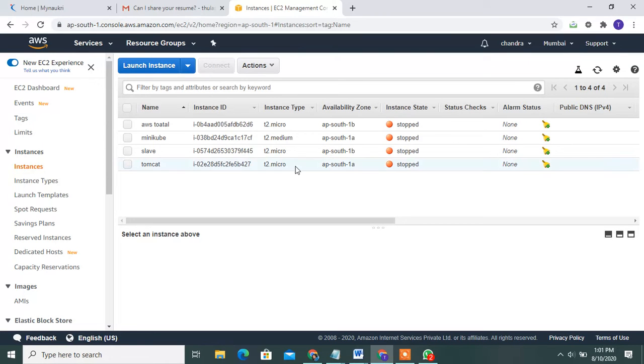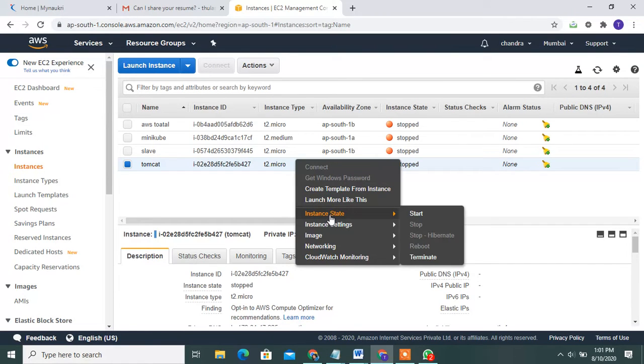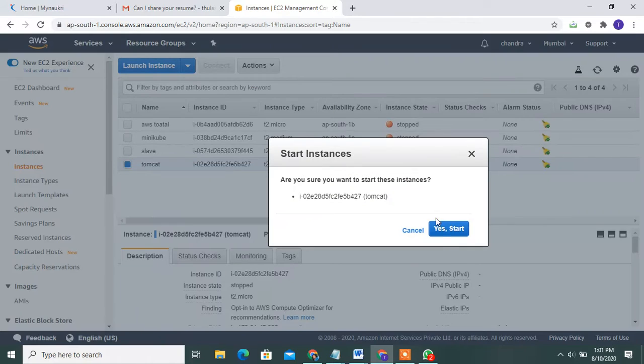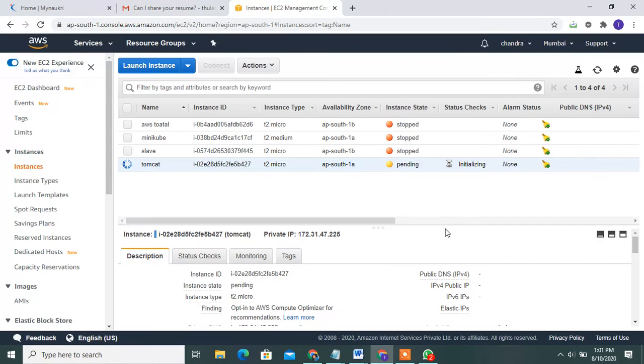Then start my Tomcat server instance. Next, once it has started, how to connect the server to local.